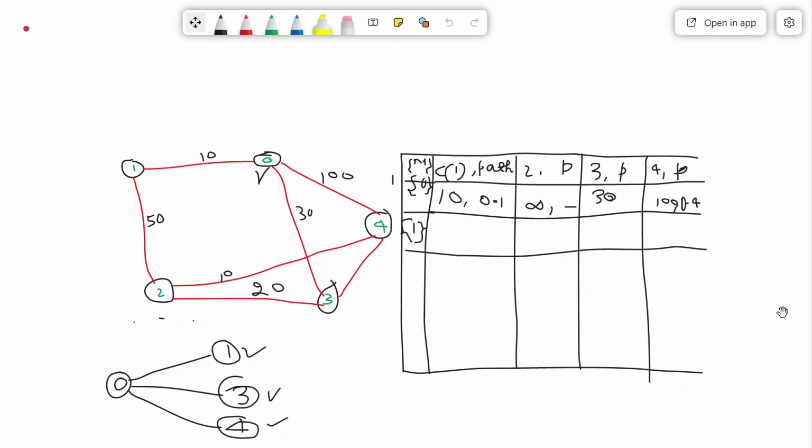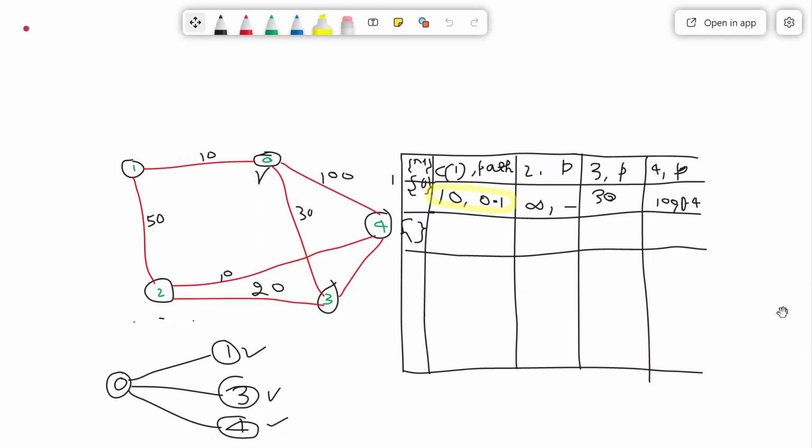What should be added? Just a minute. Now I have to find the minimum among these. So here it is 10, here it is 30, here it is 10, here it is 100. So which is the minimum? The minimum is this. Once again I am just repeating the same thing. This is the minimum, the least cost path.